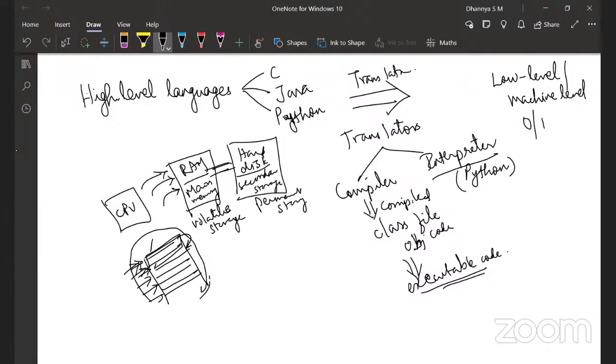So the executable code has specifics tied to the computer architecture, such as how much memory has to be allocated for an integer or a string. These things are done in the second stage, where the .class file is taken to the machine where it is going to be run, and there it gets converted to executable code depending on the architecture of the underlying computer.